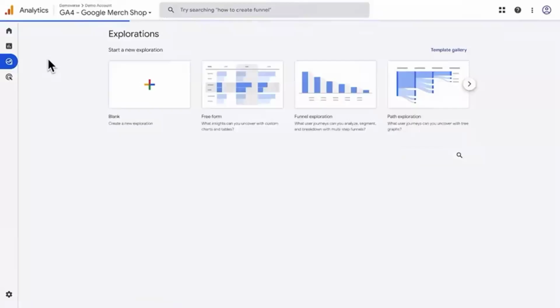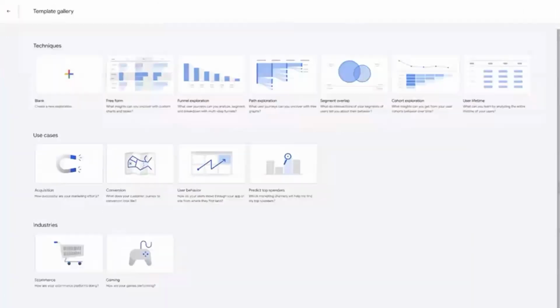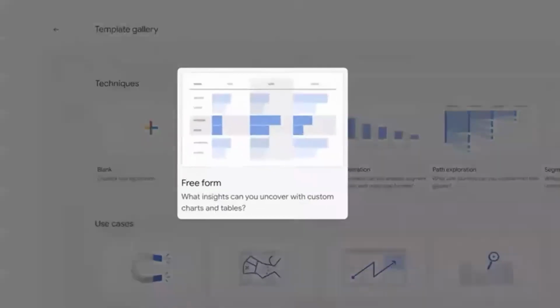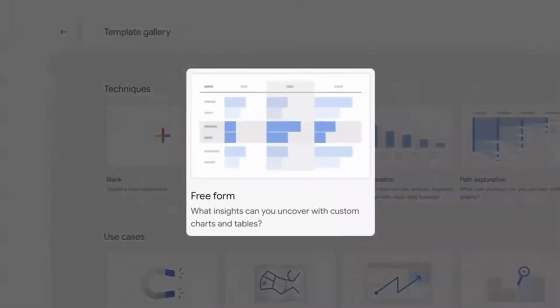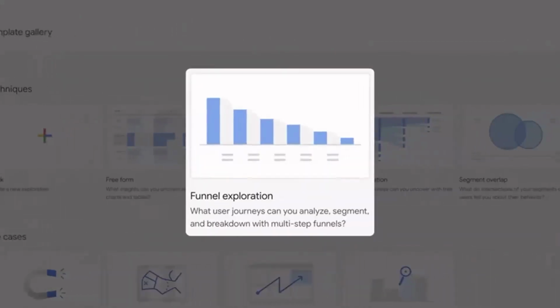Let's click the Explore button to return to the main exploration page so we can review the various techniques that are available. First is the freeform exploration. This technique gives you the freedom to explore your data with several different types of visualization styles, including tables, bar charts, pie charts, line charts, scatter plots, and geomaps. The funnel exploration will help you visualize the steps users take to complete tasks on your site or your app,